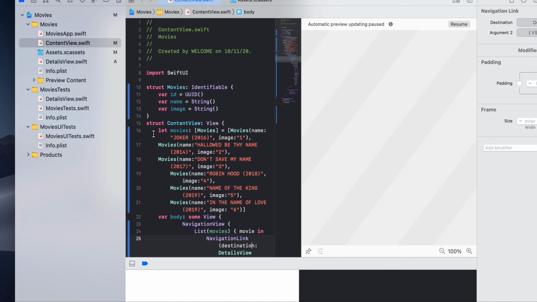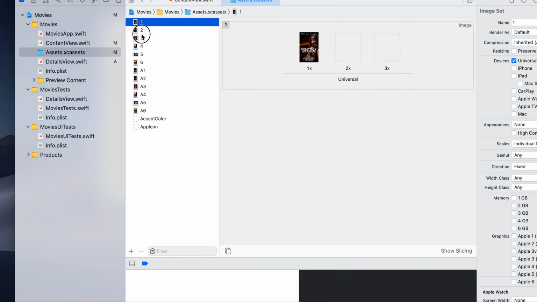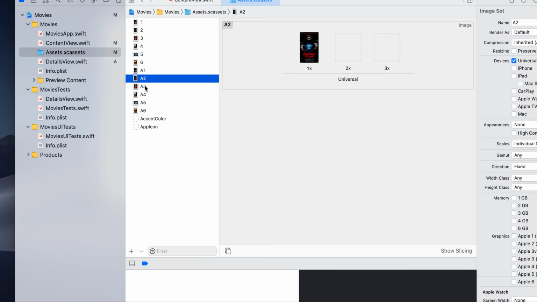Now after that, let's start the ContentView structure. In the ContentView structure, we are going to have movies, I told you. Actually what I have done is, if you see the Assets.xcassets here, you can see that I am giving a lot of movie images. Each one has got an image.